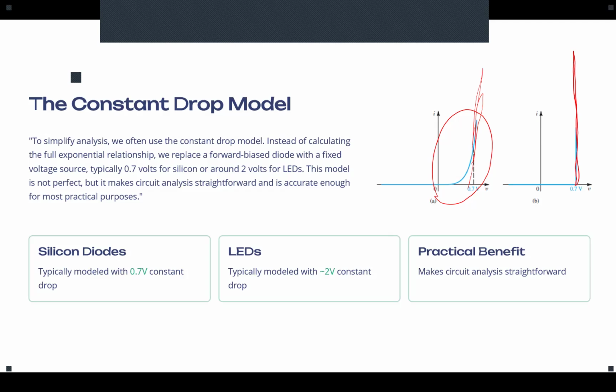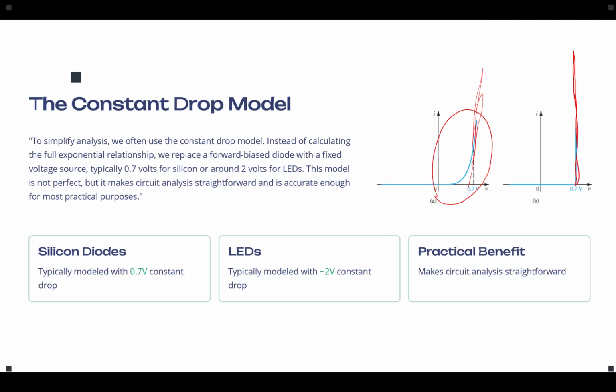So in the simplified constant drop model, now our current is not a function of our voltage anymore. If we exceed the voltage threshold, which is the on voltage of the diode, now the voltage stays constant, but the current can vary. The amount of current would be decided based on what's happening in the circuit. Okay, now,